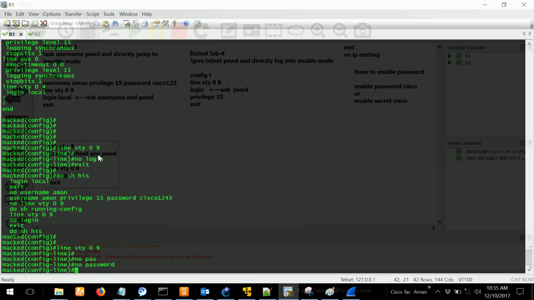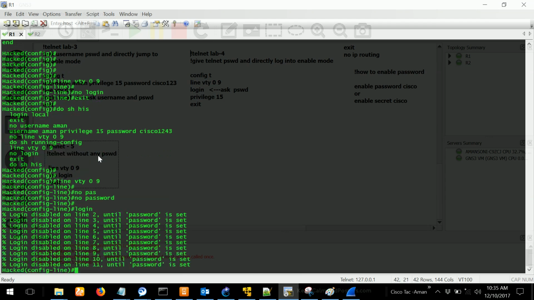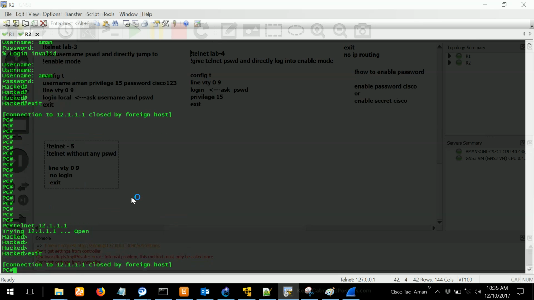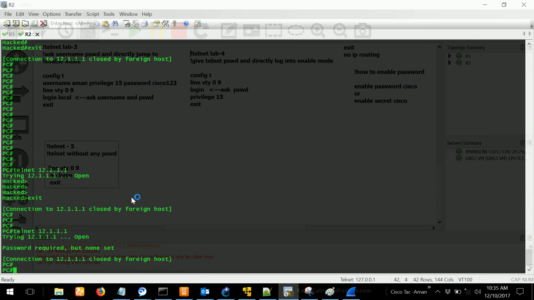If you have whatever privilege command, remove that and just put one line there and put login. That's it. Read the message. Login is disabled. Why is login disabled? Because I gave no password. So previously it was like that. Line VTY 0 to whatever and login. And don't give the password and no one can log in. No password. So that's how you disable the telnet.